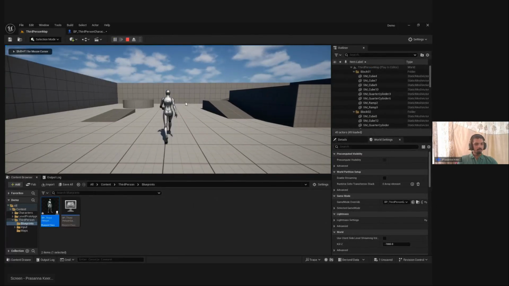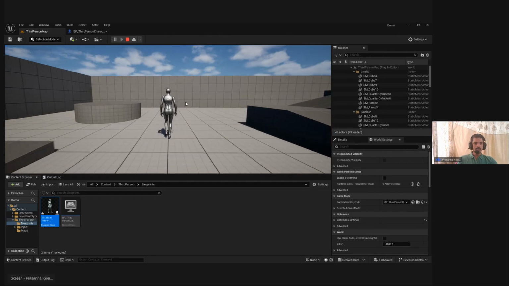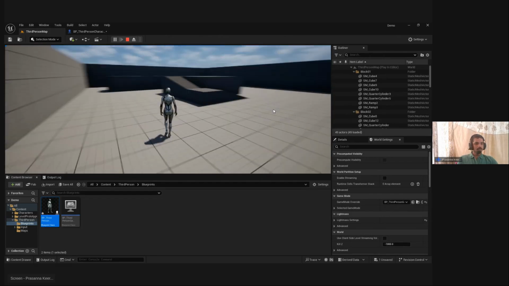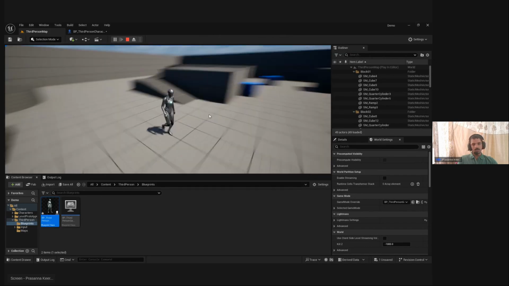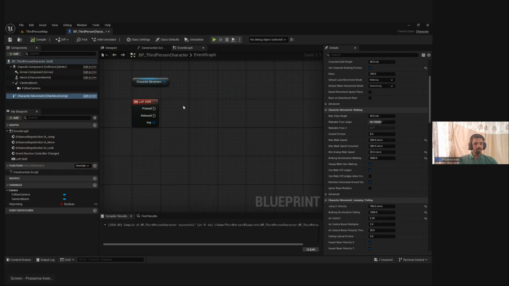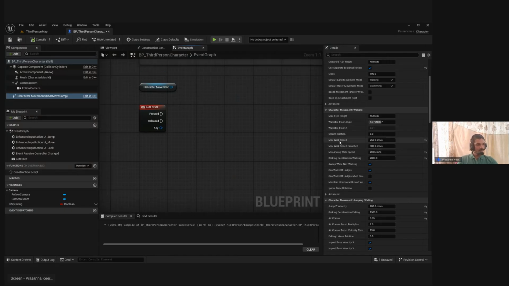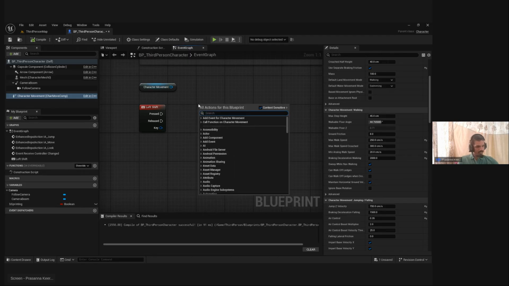If I press the W key now, yeah, the character is actually walking. Cool. But now if I press any other button, we lost the functionality. The character is not actually sprinting. I can clearly see that if I change this, I can toggle between walking and sprinting, right? So walk speed, how could I do this? If I right click and type the same name that I can see there, max walk speed, nothing, it's showing nothing, right?